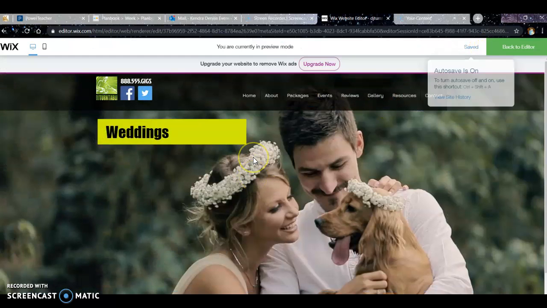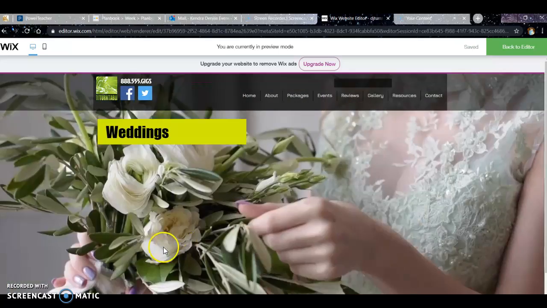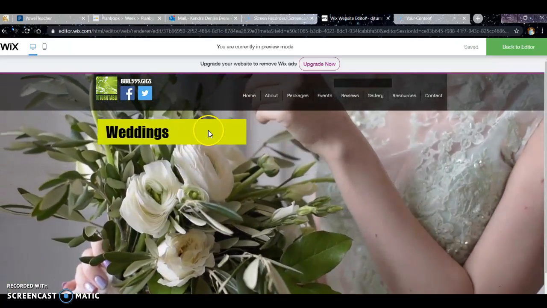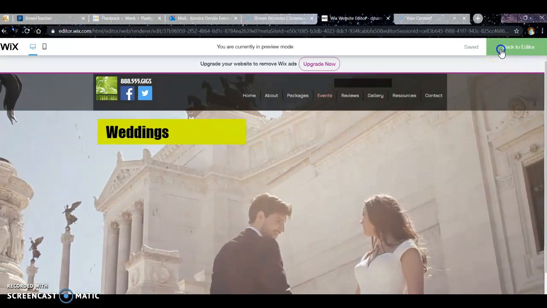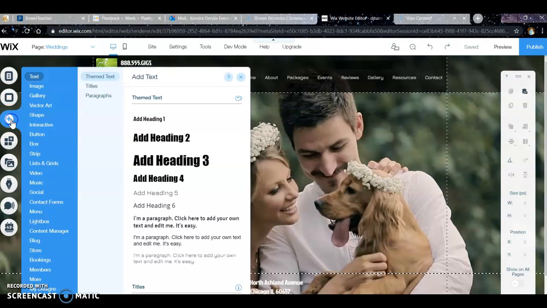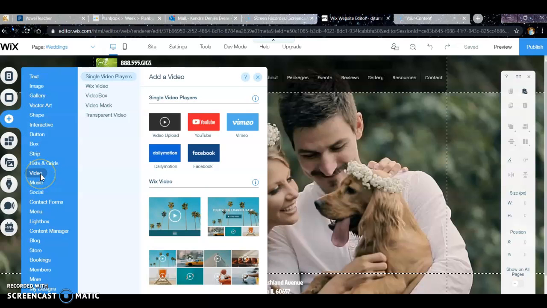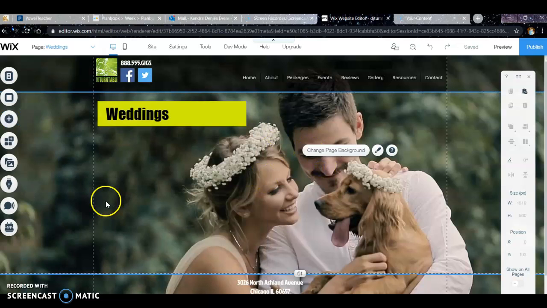And that's just an option. It depends if that works with your theme or not. This one here, they have different ones that are appearing. So that's just an option, not something you have to do. You could also just put in an image as well, or you could put in a video even. You could put one in of a DJ at a wedding, or just a plain image, something like that